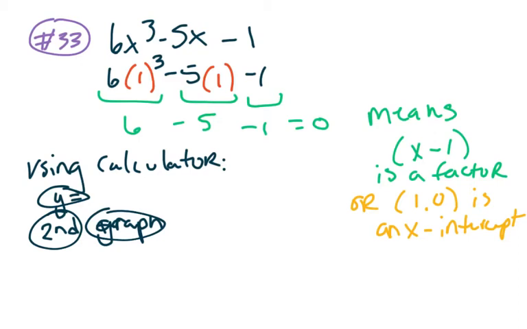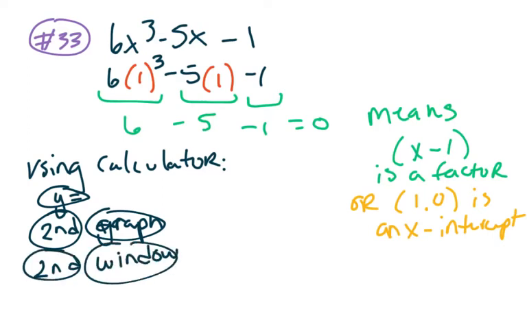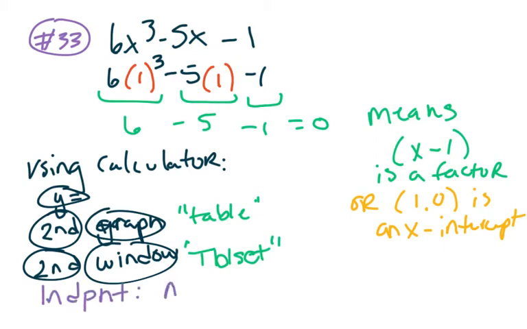And depending on who used your table last, you can actually set it up, because notice that we have a bunch of fractions, and of course your table is probably going by ones. So if you actually go to second window, where it says table set, so again, this was so that we could get to the table, and this was so that we could get to table set. If you change your table setup so that it says independent, and you highlight the word, instead of auto, you highlight ask,